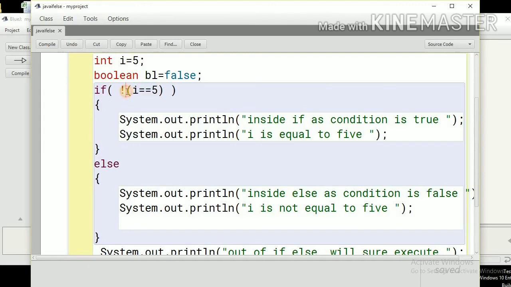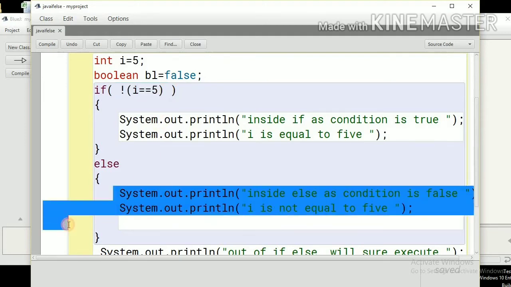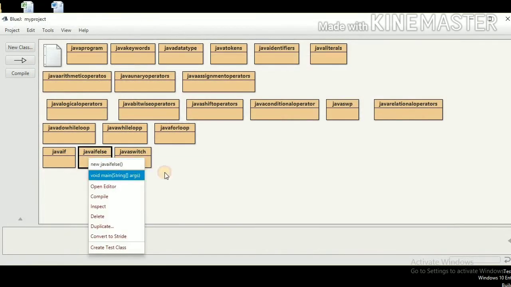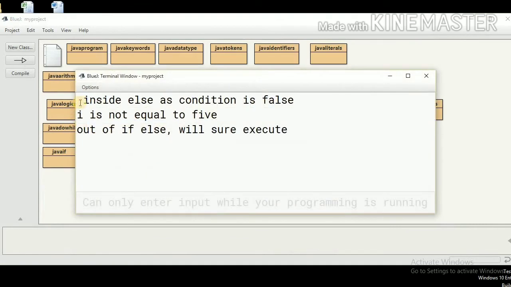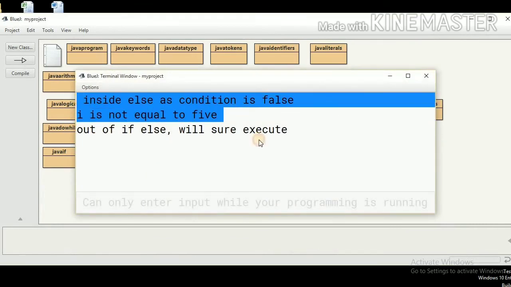Now we have used the negation operator, the not operator, on the true value, and the not operator always inverts the value. So this true will become false. The final result of this condition is false, which means the else block will be executed. Let us compile and see the result. Right, this is the else block.